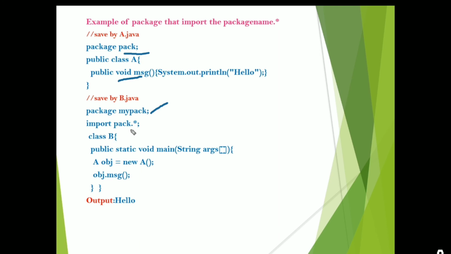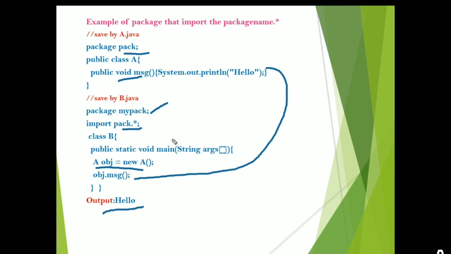The class B has the main method and creates an object of the class A, which belongs to this pack. When we call the message method on the class A object, it invokes the method and displays the message included in the print statement, that is, hello.